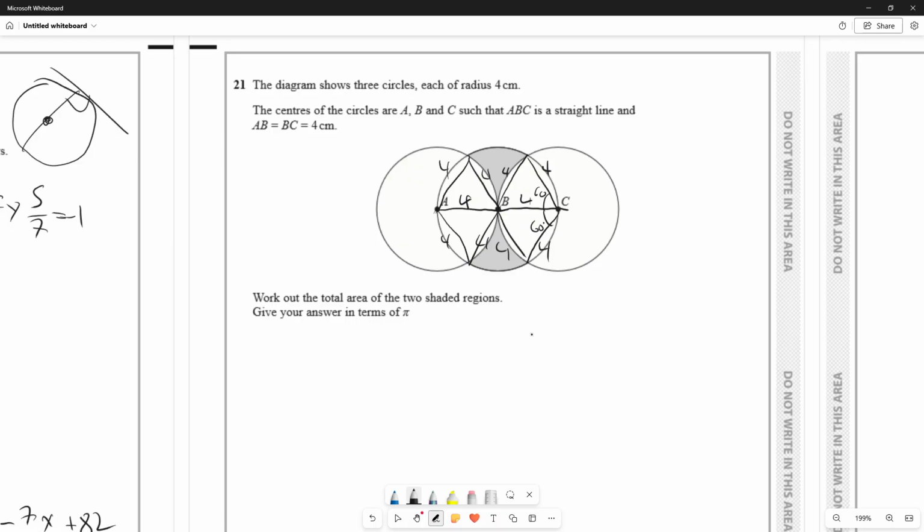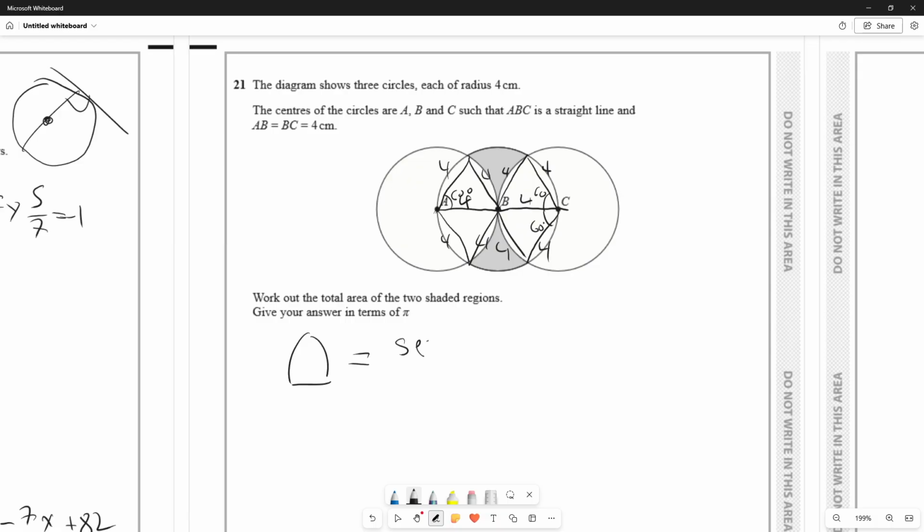So let's continue. I'm going to want to find this kind of shape. If I draw it on here, I want to find this little shape here. And if I have 4 of these, I can just subtract it from the area. So this is equal to one of these sectors